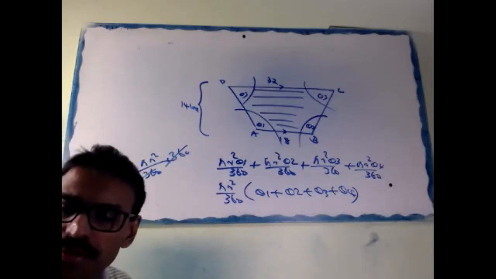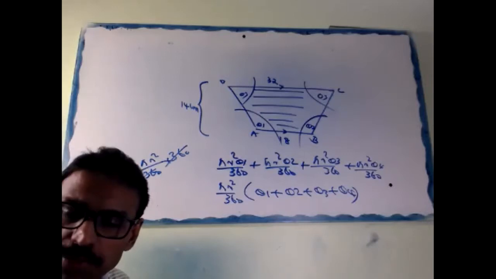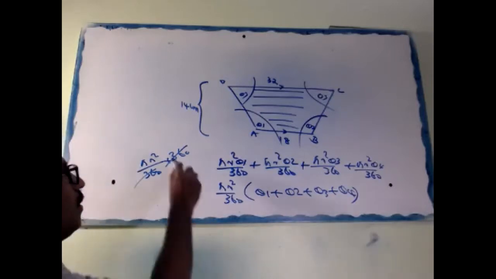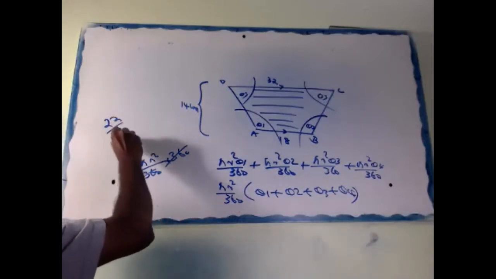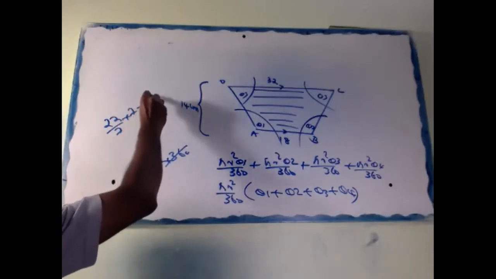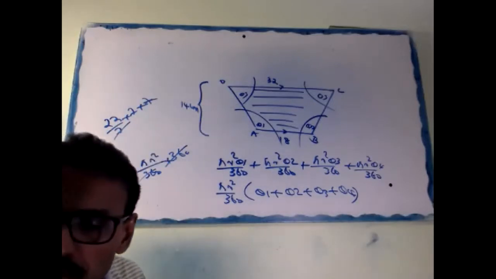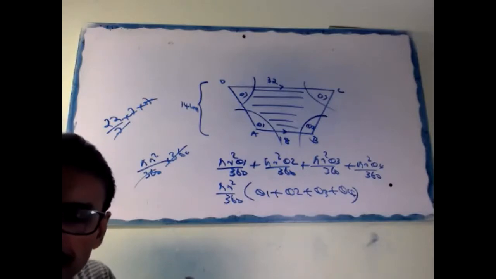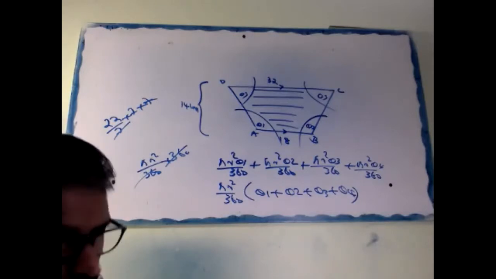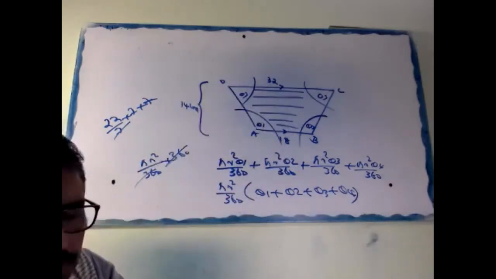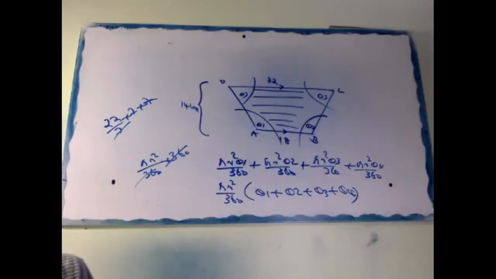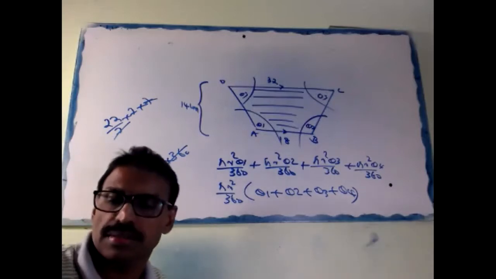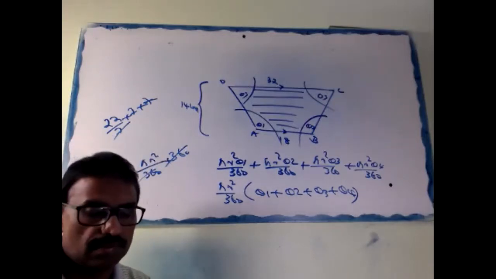Correct or no? Yes, pi r square. Pi r square is what? 22 by 7 into r, which is 7 into 7. Cancel, 154. Area of the 4 sectors together is 154. Area of the trapezium we can find out. Then subtract. Final answer is 196 centimeters square. Okay, complete first. Now clear now.